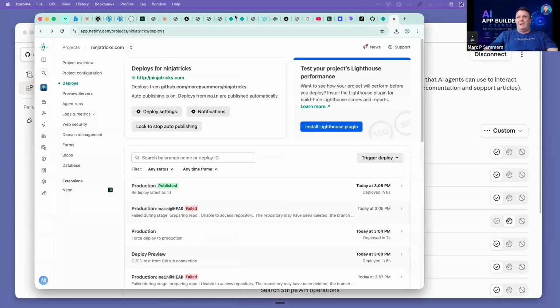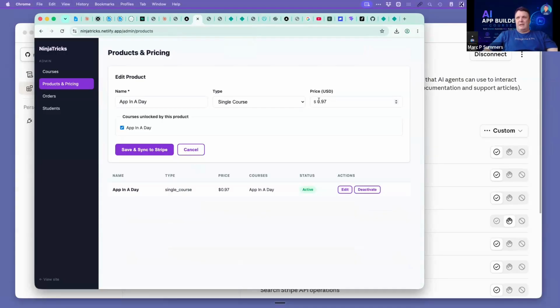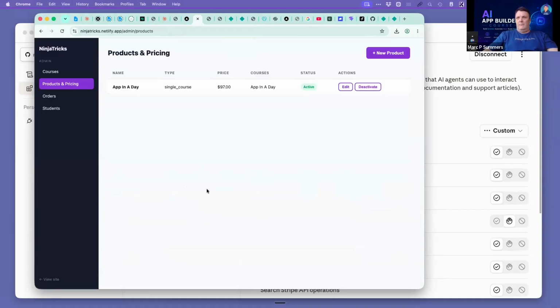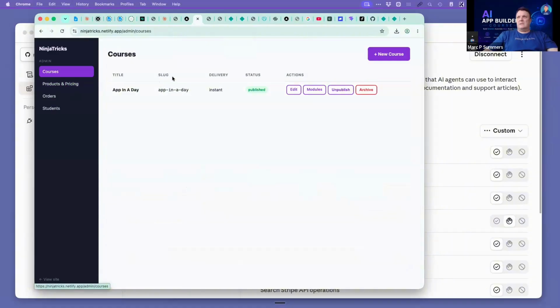Awesome. Now, did I fix my app? I did. At 3:05, it's now working. Great. So we're going to go back to here. We're going to refresh. And now we're going to edit this. We're going to say that it's not 97 cents. $97. Save. Boom, now it's $97. Okay, there aren't any orders. There aren't any students apart from me. So